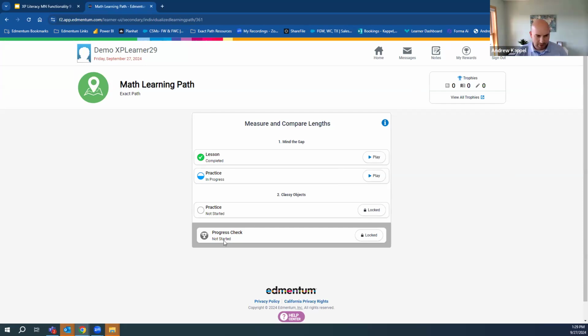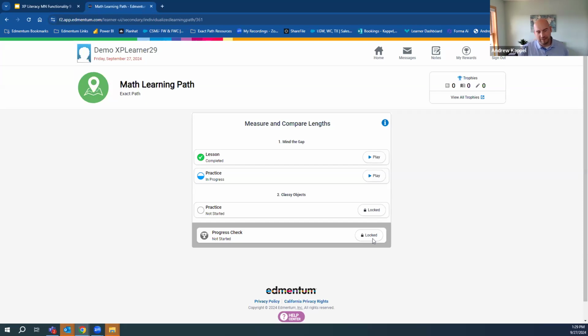All right, that progress check, I'm locked out of it right now, but the progress check is pretty simple. It's black and white. It's not fancy looking like the practice. It asks a multiple choice question, select all that apply, select the sentence out of a reading structure, drag and drop, find the point on a graph for some of the math. There's a number of different types of assessment questions, the 5 questions there.